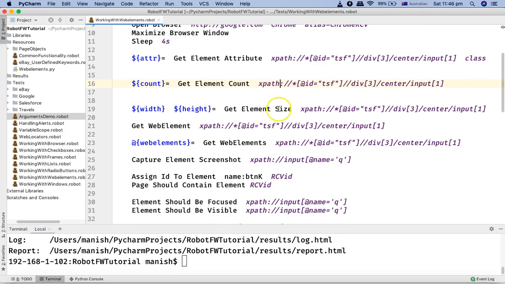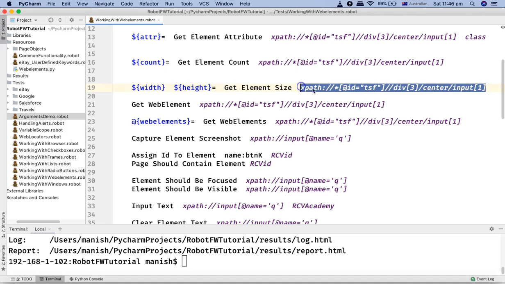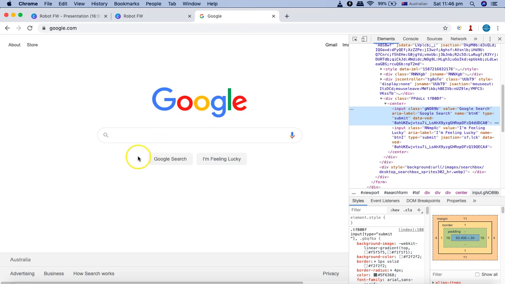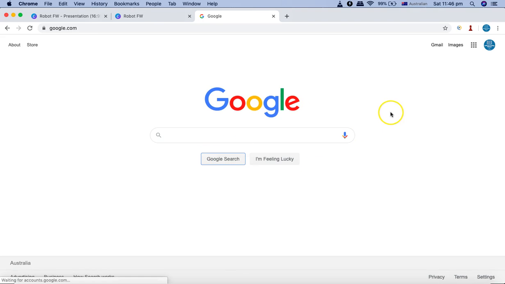Now the Get Element Size will give you the size, pretty self-explanatory, and it will store it into the two variables, width and height. Okay, so it will find the size of the web element with this particular XPath. This is the locator of the web element for which I am looking for the size. So if I just open google.com here, right, so I'm looking for the size for this Google search button here, right? So how I have found these XPaths, I simply just right clicked and inspected, in Chrome browser, and